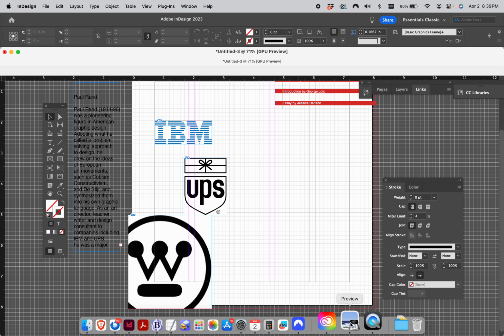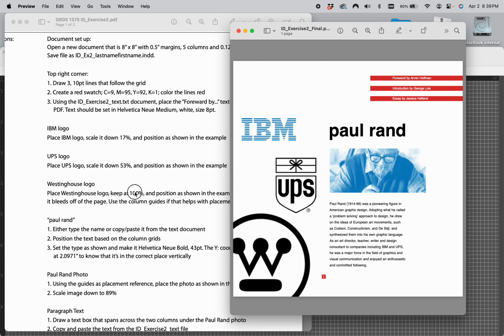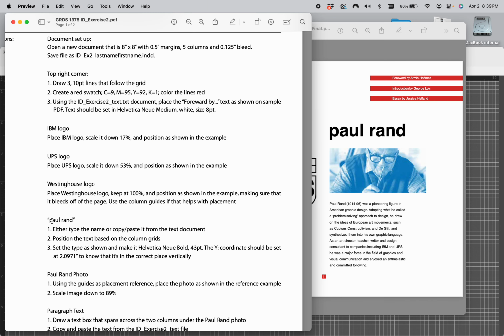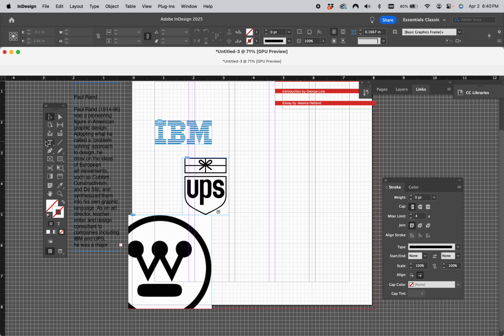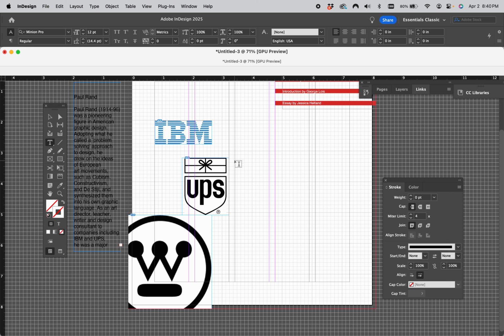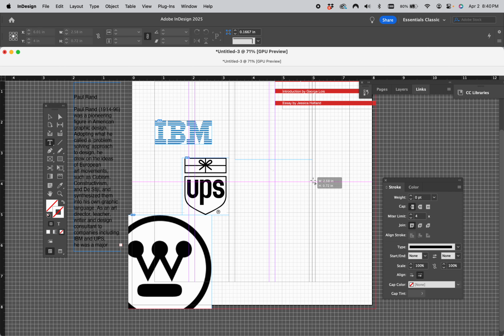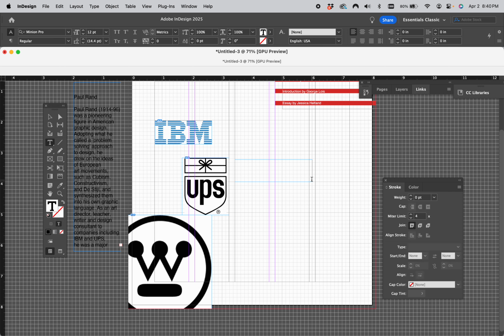These don't have to be perfect. I'm not going to grade on perfect. Okay, we're going to put in the type Paul Rand. You can type it in or you can copy and paste it from the text document. So I'm going to start with the text tool, create space for it, type it in,